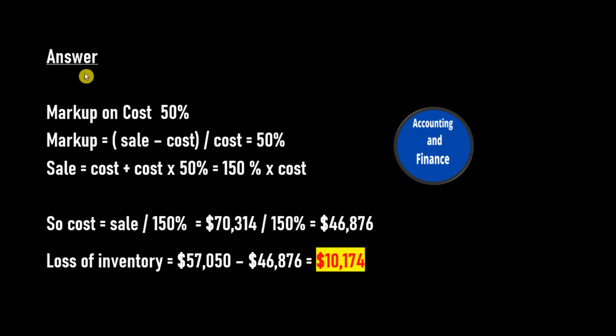Answer. Markup on cost, 50%. Markup equals sales minus cost divided by cost equals 50%. Sales equals cost plus cost times 50% equals 150% times cost. So cost equals sales divided by 150% equals $70,314 divided by 150% equals